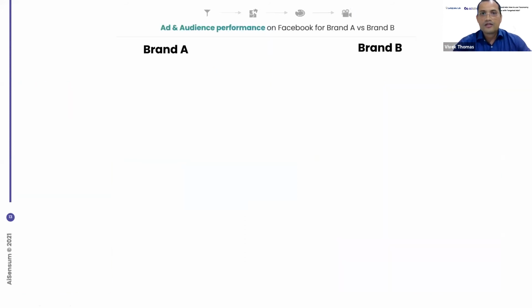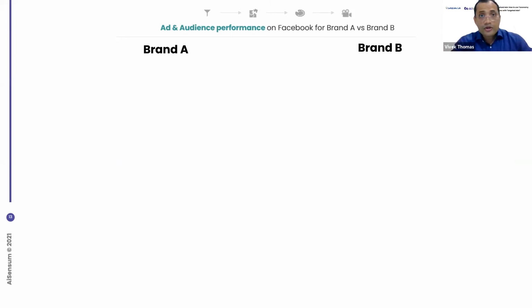Okay, so now let's look at the first attribute. So both of these ads launched. When you launch the ad, you also load the custom audiences. On brand A, they might have had bigger audiences, let's say 150,000 or something like that. Brand B had, let's say, about 70,000 kind of an audience which was loaded. Wider audience versus a slightly narrower audience.